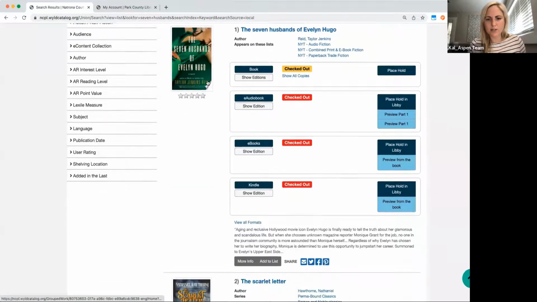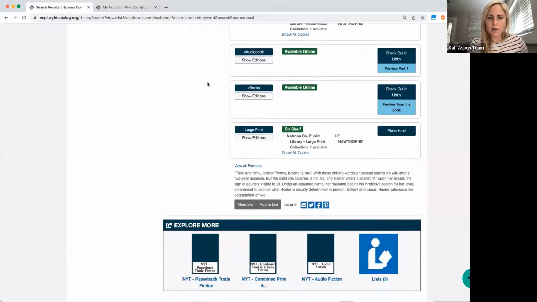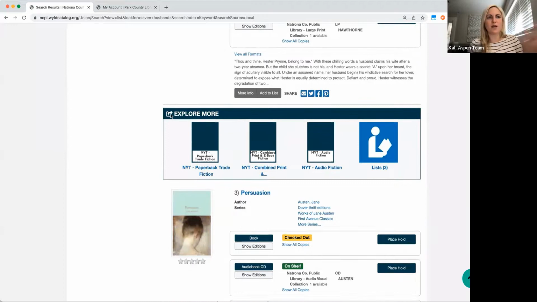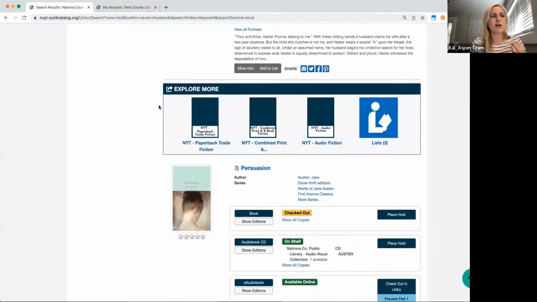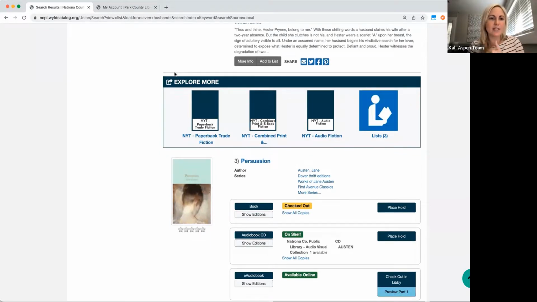As I'm scrolling through the records here, I see this box pop up called Explore More. We talked about ASPEN being the discovery layer and wanting to point users to more items that they might want to check out in your collection, or things that they might not know about in your collection. So sometimes when you're performing a search, this Explore More box might pop up depending on that search.